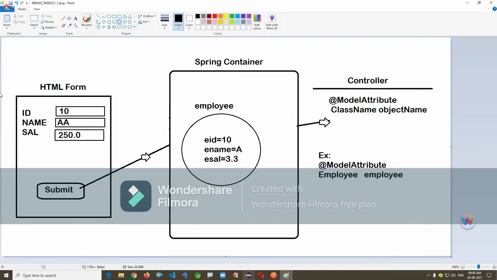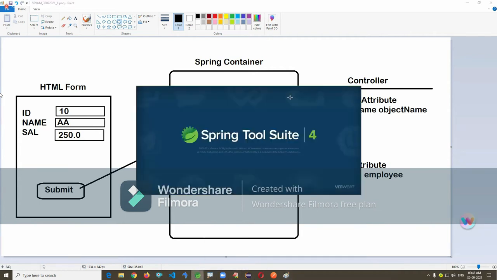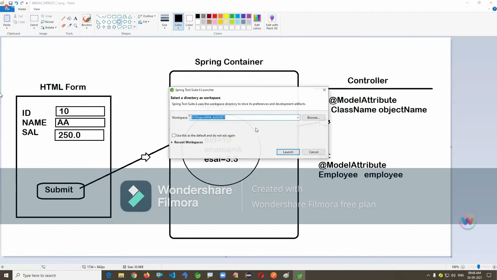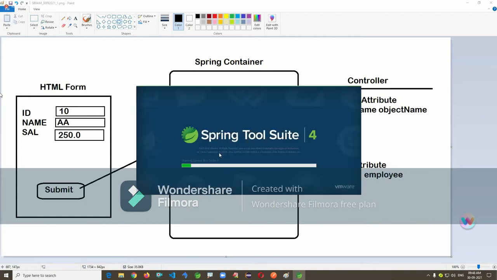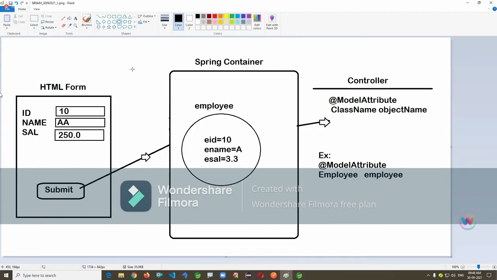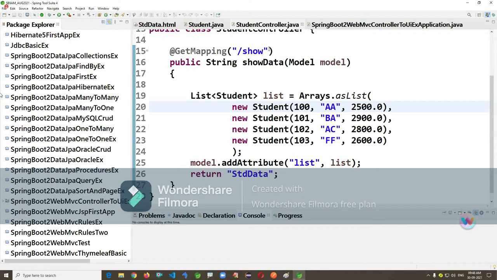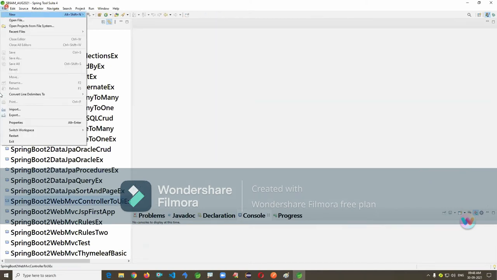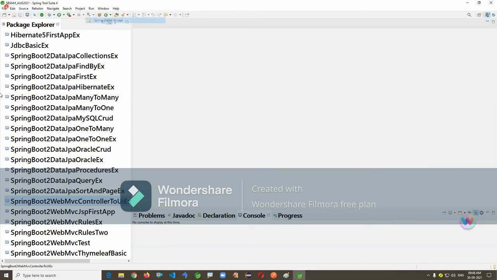Now let us implement the same process. I'm just writing this simple application. I will take one form, click on submit, read in the controller and print. Servlet request, and another object, HTTP servlet response. So you have to write these things. It's a basic form, so in the exam, midterm or final, you have to write it like this.